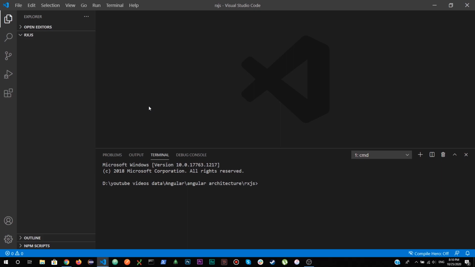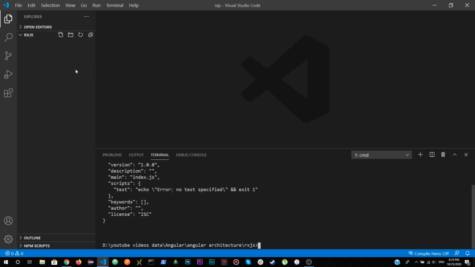First, I'm not going to be using RxJS directly in Angular. I'm going to be using RxJS in just a simple JavaScript web application that I'm going to create using Node Package Manager. I'm using the terminal on this screen. Here I'm going to use npm init -y.